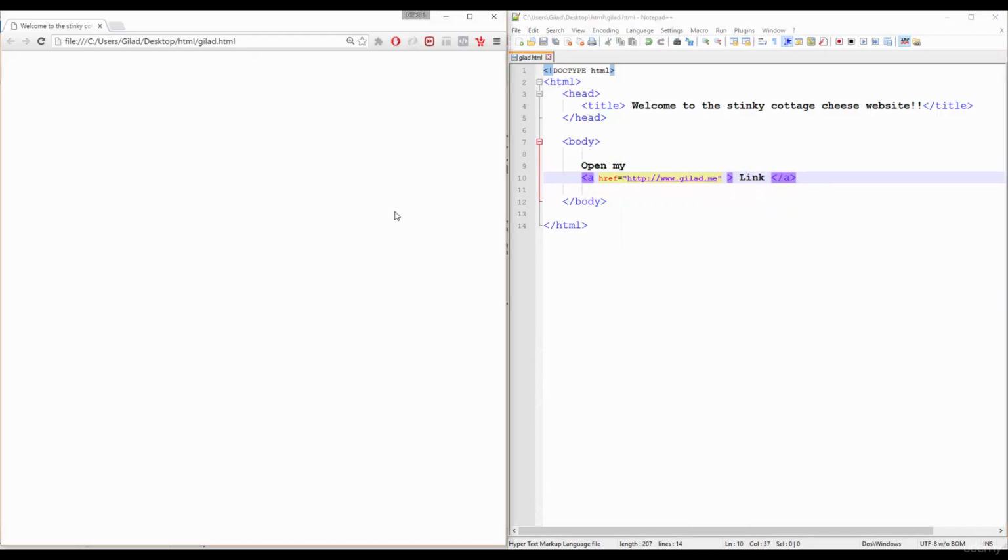Now save your file and refresh your document, and behold, a link. Oh wow. Now let's examine this link, shall we? We have the A element, which is a link element. Then we have an attribute named href, and the content that we typed there. The href attribute holds my link path, the address of the website that you will see if you click the link. And the content will be what you will see on the website, usually in blue underlined text.